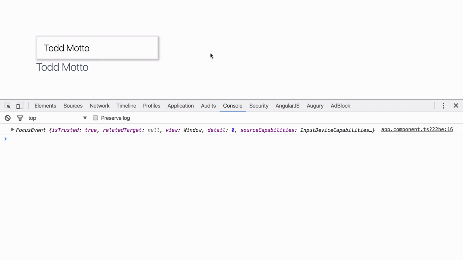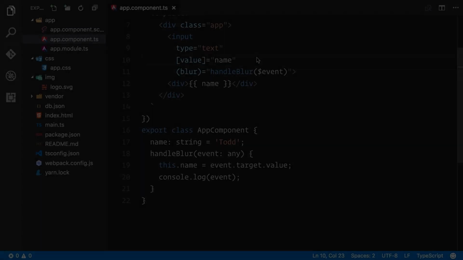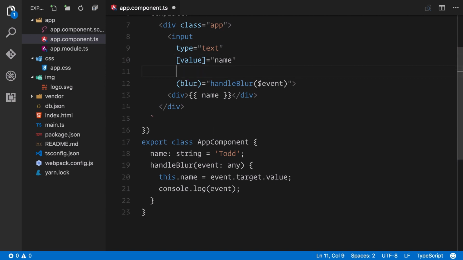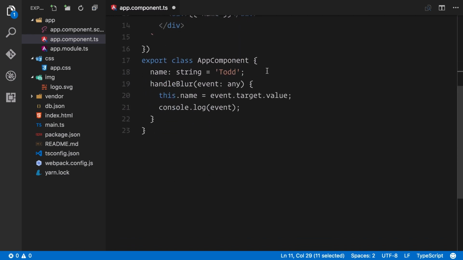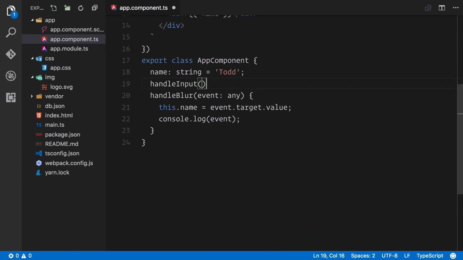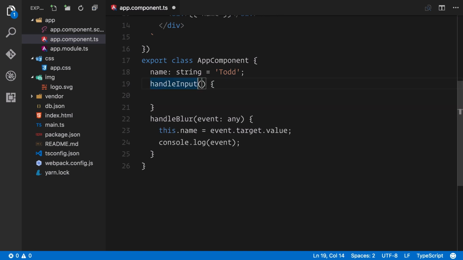Let's go ahead and create a few others. One typical event that we probably want to listen to on an input is the actual input event itself. So we're going to create handleInput. This is also going to ask for the $event object. Inside handleInput, we're pretty much going to do the same thing as before. All we're going to do is update the value. So we're going to have the event, and it's going to be of type any, and we're going to say this.name equals